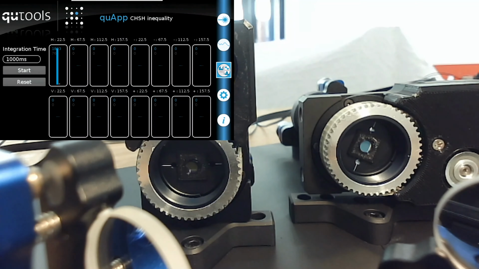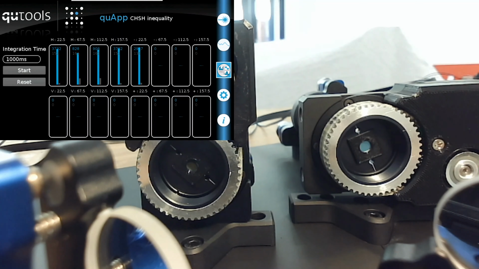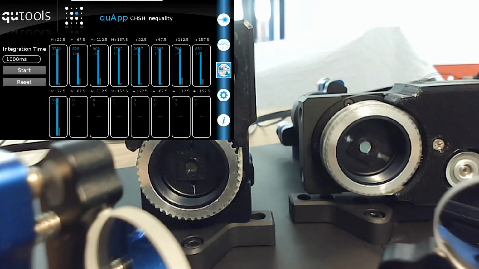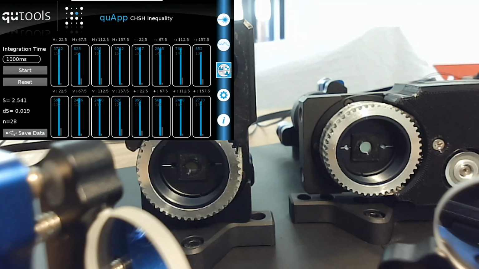So I can still talk to you while the measurement continues. And you can see the polarizers turning to all these different angles right now. And the coincidence count rate is detected on the screen. And when all the 16 measurements are done, we're going to see what we calculate for the S value, which is